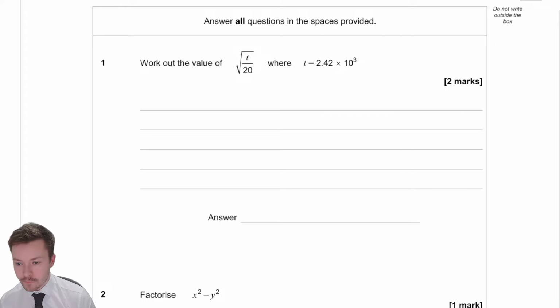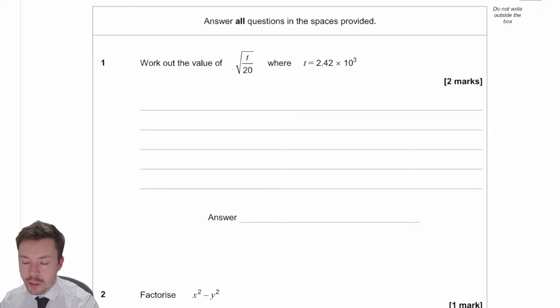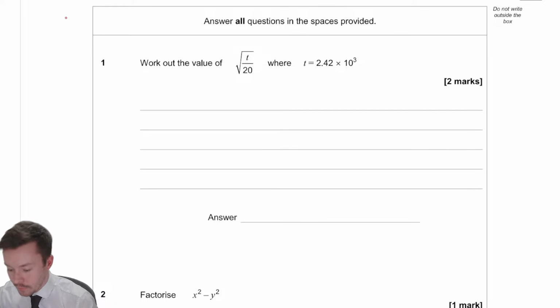Work out the value of t, where t divided by 20, and then we square root it. So, this is a non-calculator paper we've got to be aware of. Let me just get my pen set up. I'll switch this on, got everything else sorted. Right, non-calculator. So,